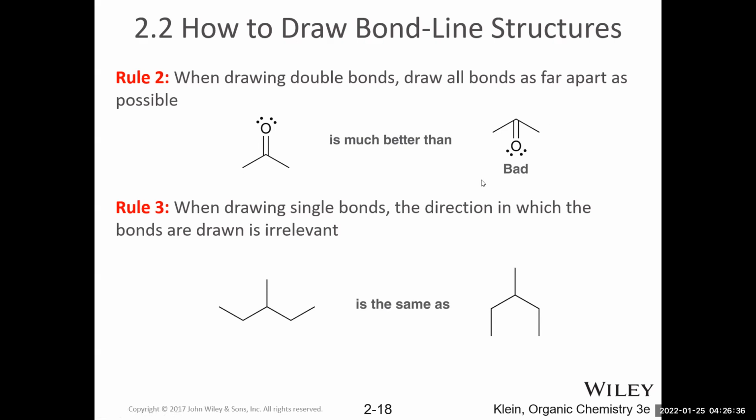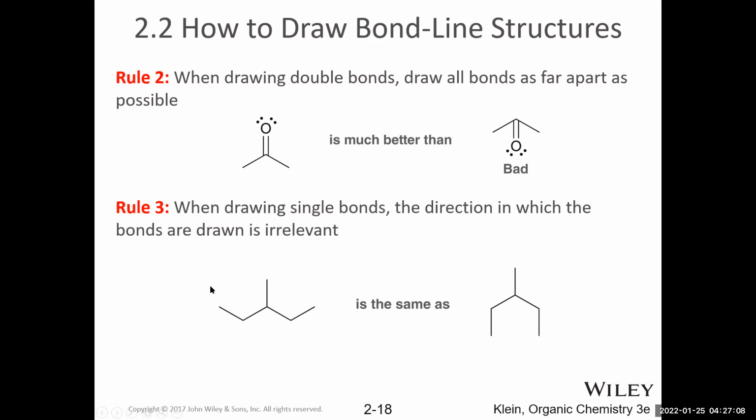Be careful when you're drawing single bonds that you don't think it makes a different molecule if you draw the zigzag going one direction or the other direction, right? These two things are the same. It doesn't matter that this carbon is sort of drawn up here versus down here, right? All of these single bonds have free rotation. If I just rotate around this, I'm going to end up with that. So I haven't actually drawn a different compound.